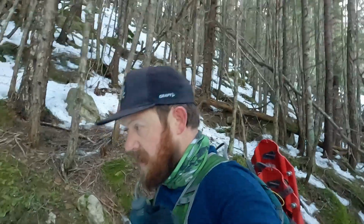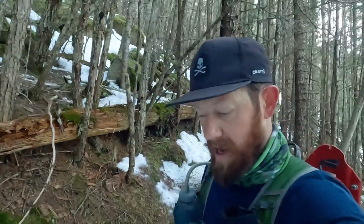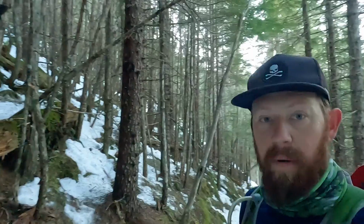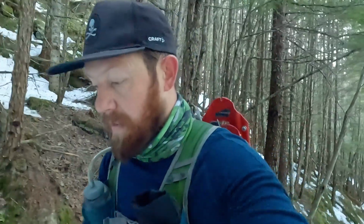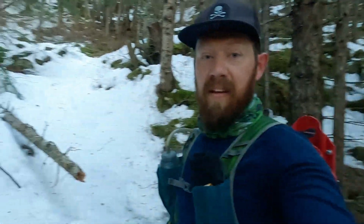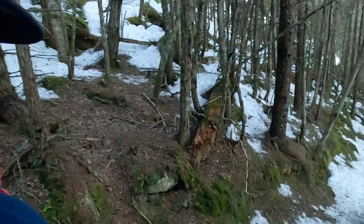Phew. We're up here on one of the local hikes. I've done this on all trails, Map My Run, Map My Hike, whatever. It's out there. It's called Upper Dewey. So there's a Lower Dewey Lake and Upper Dewey Lake, and we are on Upper Dewey. You can see here, it's snowy, icy,